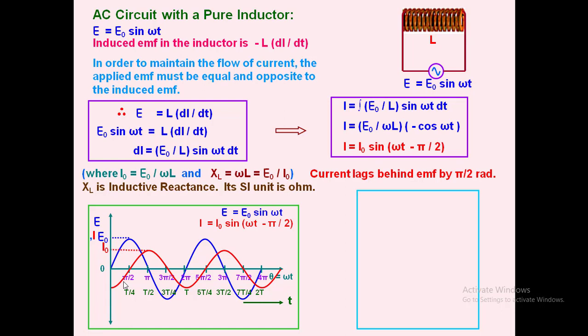Now the same can be represented with respect to a phasor diagram. Taking the x-axis, that's EMF, which is going to lead, but here current is lagging. By how much is it lagging? Pi by 2. So that is the current phasor vector. Here the angle between EMF and current is pi by 2. So this is omega t, and the total is pi by 2. So the total angle will become 90 minus omega t. As we have minus cos omega t, we can alter that.